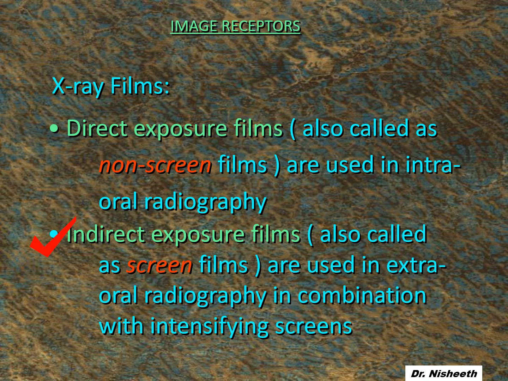On the side where the colored side is, a lead foil is kept. The lead foil is kept so that it protects the tissues behind the X-ray film from getting exposed to radiation. First thing. Second, it stops the back scattered or secondary radiation generated from the teeth or the tongue on the other side from coming in and re-exposing the film and disturbing the image. Then it provides certain stiffness to the film.